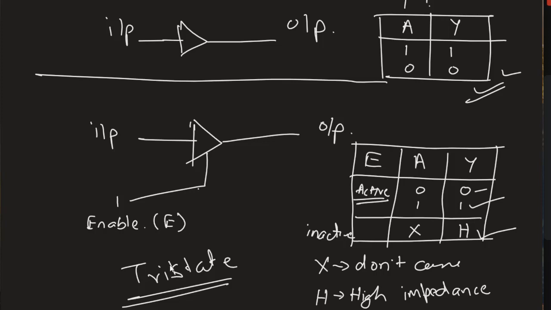Okay, so now please remember this, whenever a 1 input is given, at that time your buffer will act as a normal buffer, that is, this part, your enable input is active. इसका मतलब यहाँ पे मैंने 1 दिया है, तो क्या होगा, आपका इनपुट में अगर 0 है तो आउटपुट में 0 मिलेगा, इनपुट में अगर 1 है तो आउटपुट में 1 मिलेगा. ओके, तो सेकंड पार्ट हम लोग देखते हैं फिर इसको. ठीक है, सेकंड पार्ट कैसे होगा फिर.